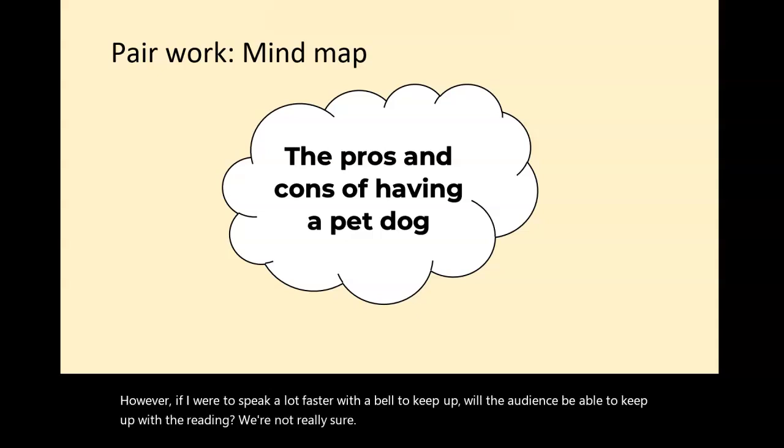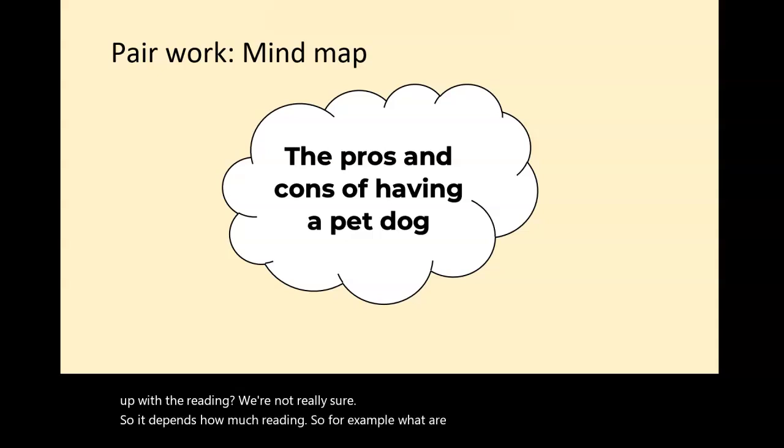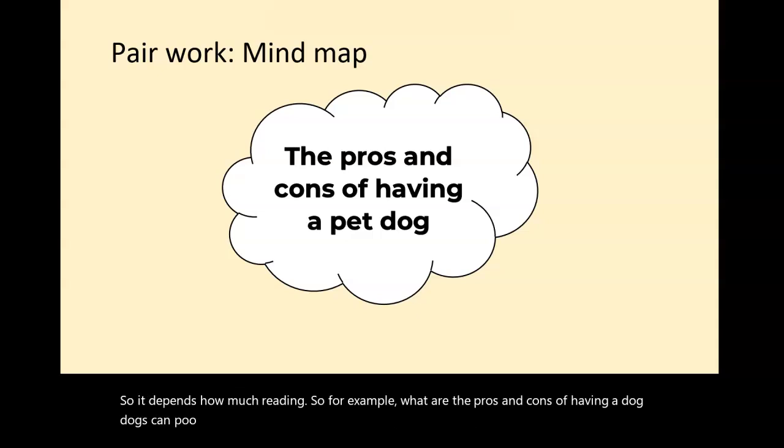So it depends how much reading. So for example, what are the pros and cons of having a dog? Dogs can poo everywhere, they stink, I don't know. And then the pros,